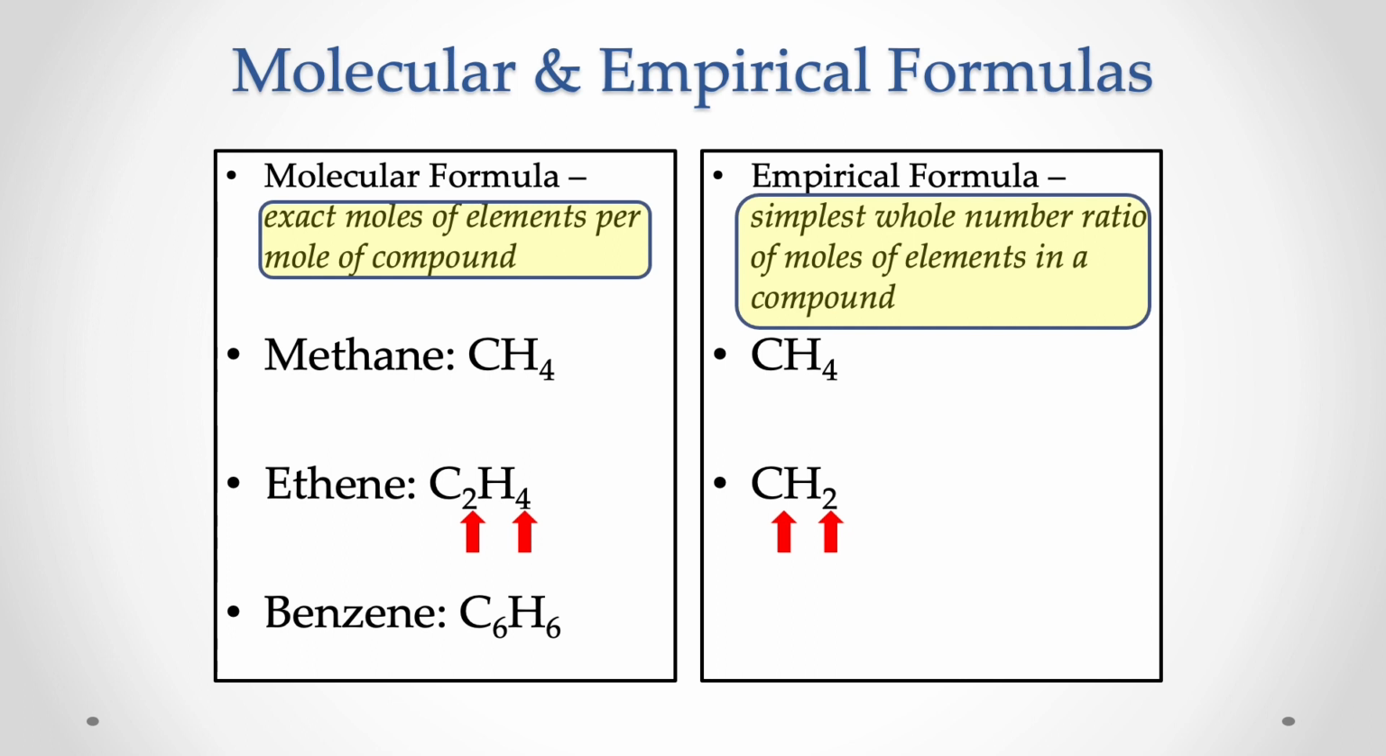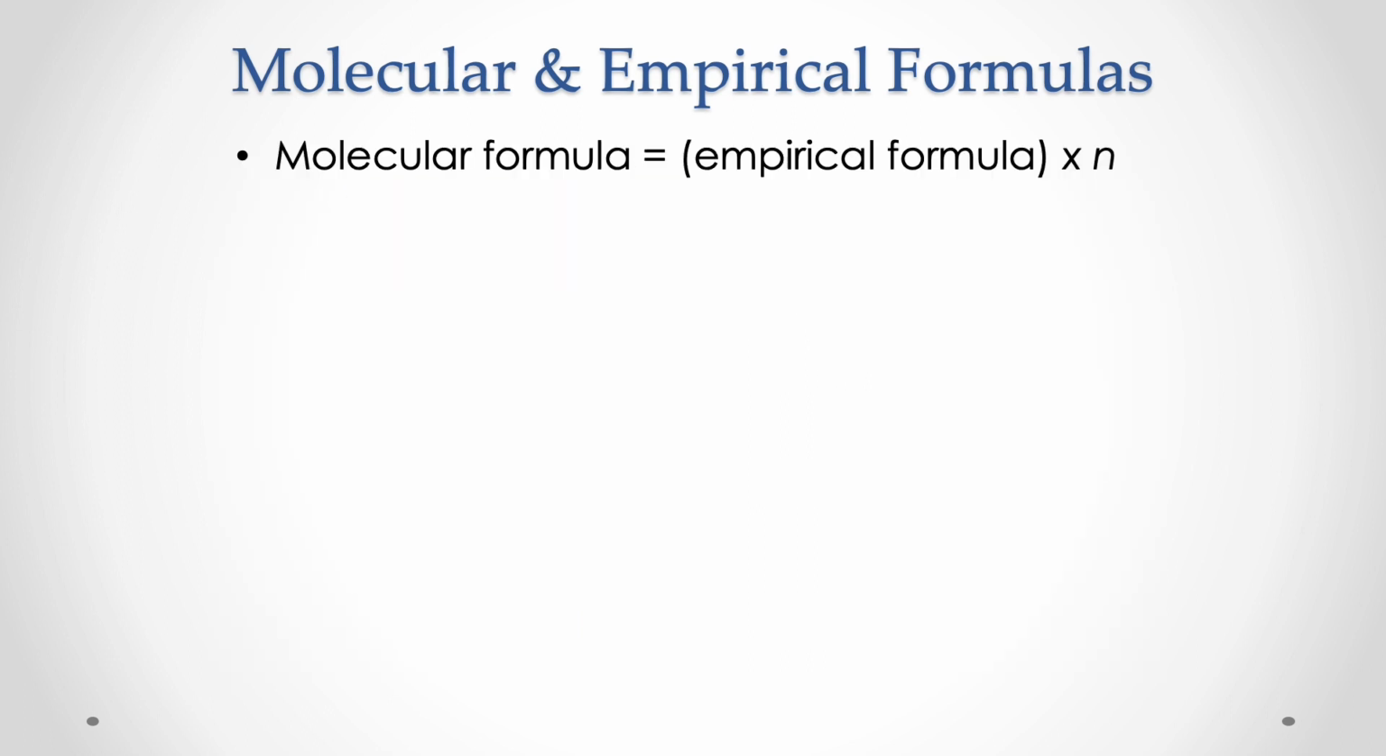The empirical formula is CH2. And for benzene, the carbon-hydrogen ratio of 6 to 6 can be simplified to 1 to 1, and the empirical formula is CH. Because the empirical formula is the simplest whole number ratio of elements,